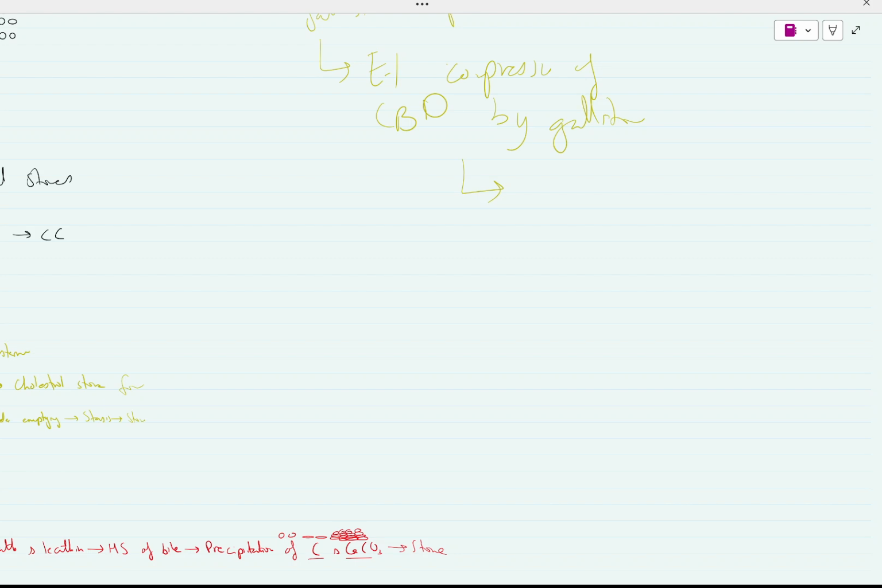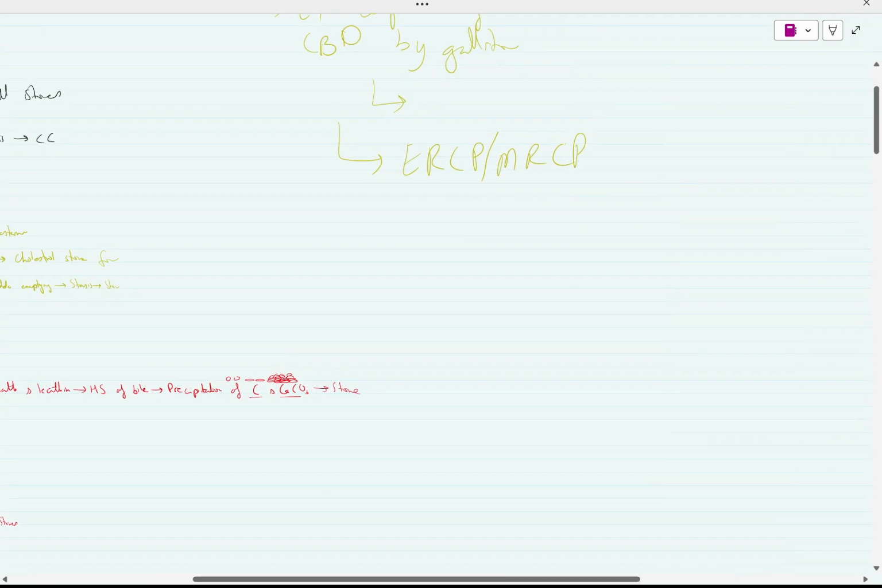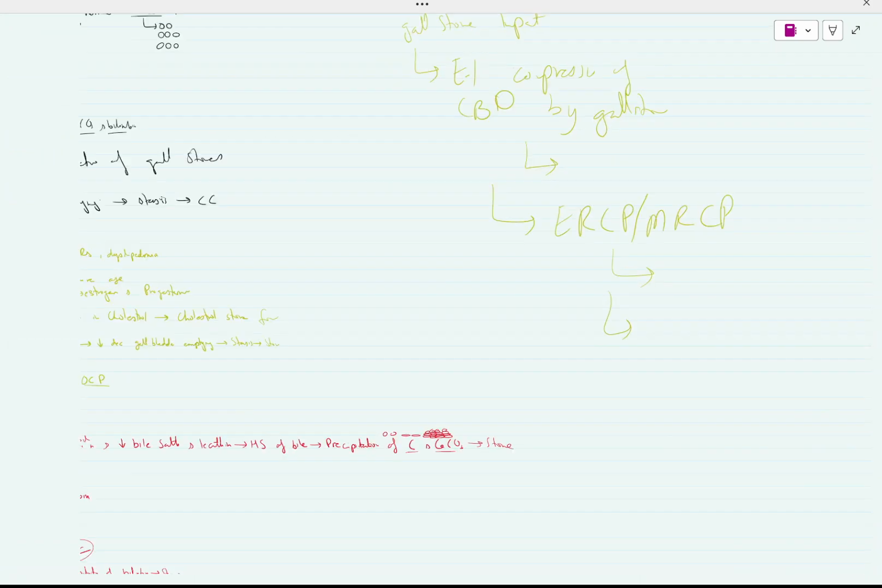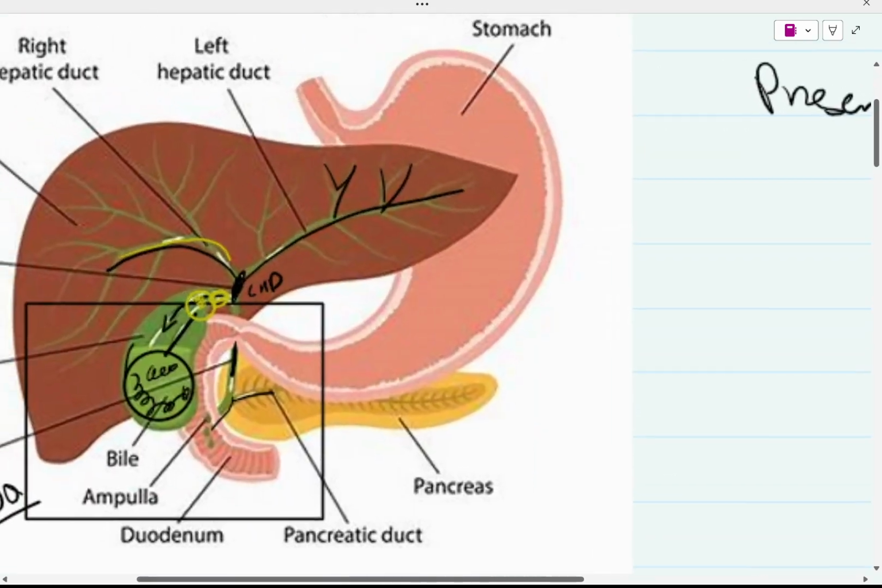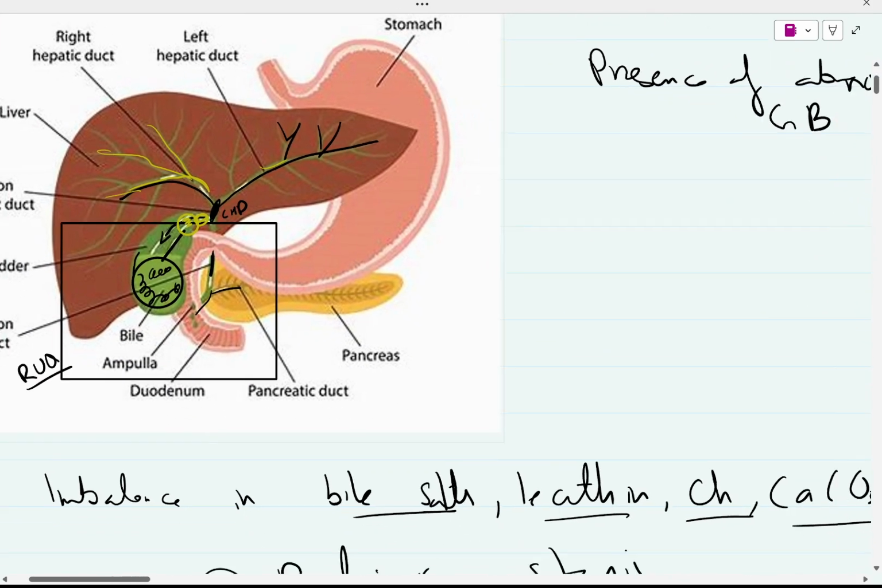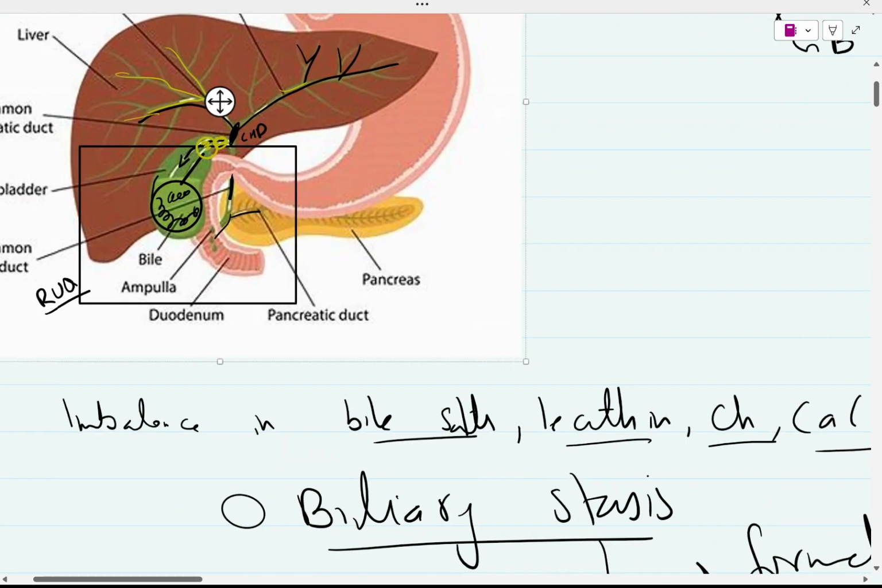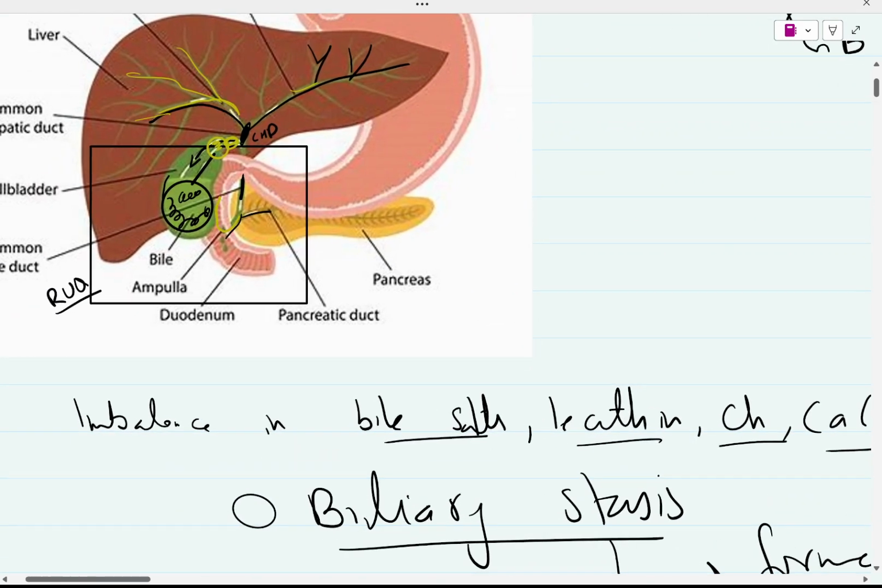So what will we do? We will perform ERCP or MRCP. So what will we find? We will find narrowing of the common hepatic duct or stones in the cystic duct or dilation of the intrahepatic biliary tree. So what will we do? We will give ERCP. What will we do? We will do ERCP guided